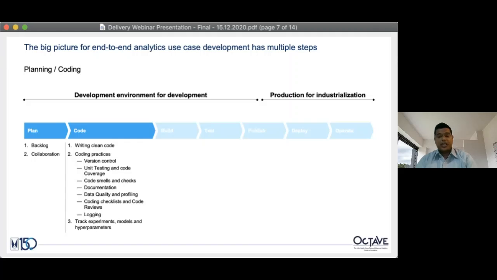A common approach in creating the backlog, looking at the planning and establishing a use case output, is to find out the cost of getting it wrong against the benefits of getting it right. When you understand and identify that, it's very easy to make sure you are on the right path. You have the project sponsors onboarded.